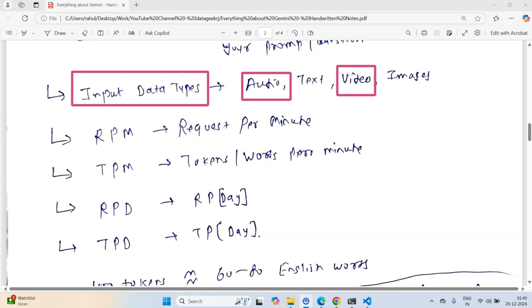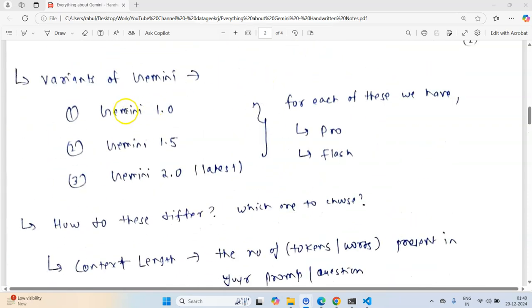Okay, those contain a collection of images, but those images can be converted into text. So that is how input data type can be of different forms: text, audio, video, and images. Initially, the Gemini 1 model only supported text input type. No other input types were supported, but from Gemini 1.5 onwards, support for lots of other types also started.